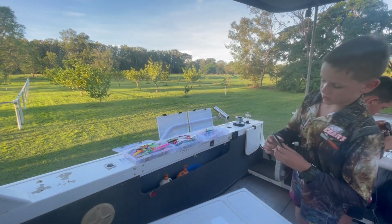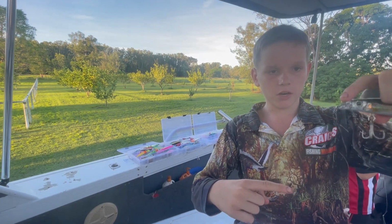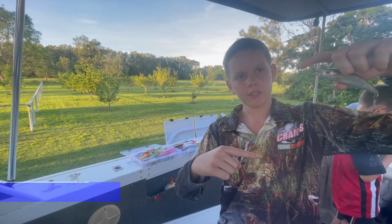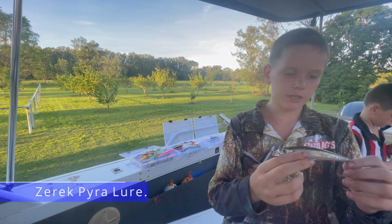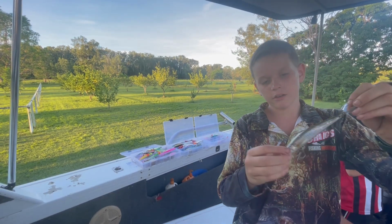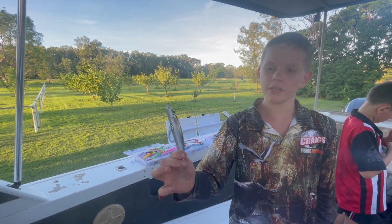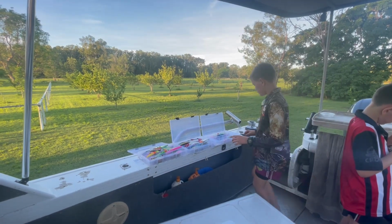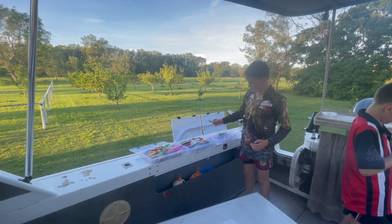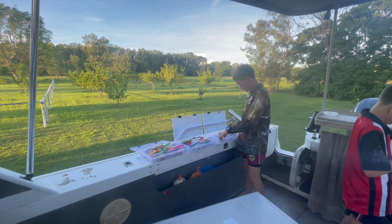And we also got the paras. They're good because they only go about this far underwater, about 10 centimeters, 15 centimeters underwater, and they've got a loud rattle. That's what I got the mangrove jack on in the last video we did. Pretty good lures. And then as we're going over to the creek, we'll be trawling with stuff like this,